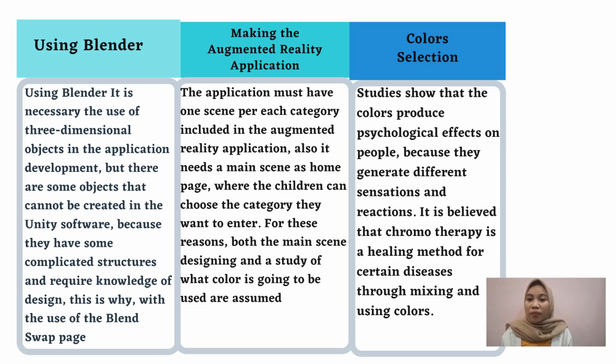For number 5 is using Blender. Using Blender because there are some objects that cannot be created in the Unity software. So using Blender is required. For number 6, making the augmented reality application. This application needs a homepage where the children can choose the category they want. Number 7, color selection. Studies show that color produces psychological effects on people because they generate different sensations and